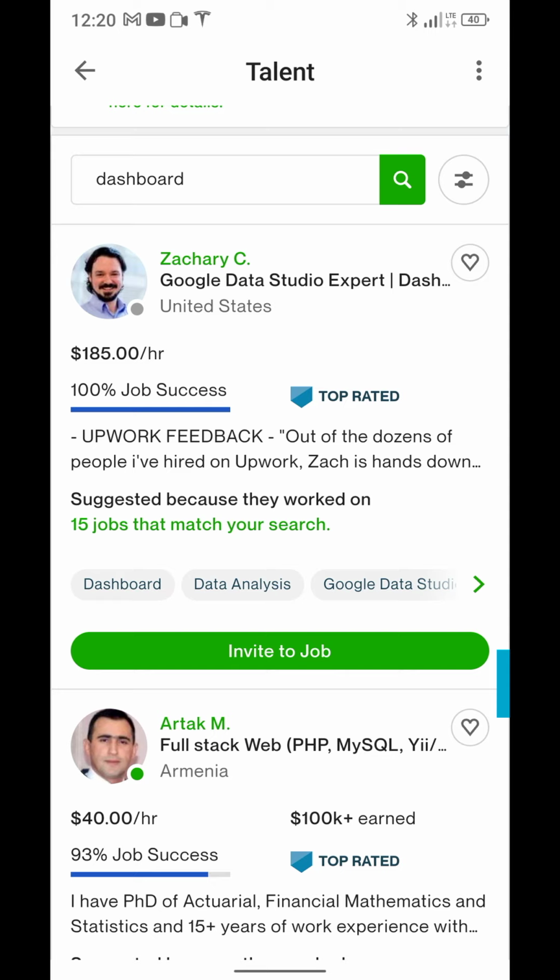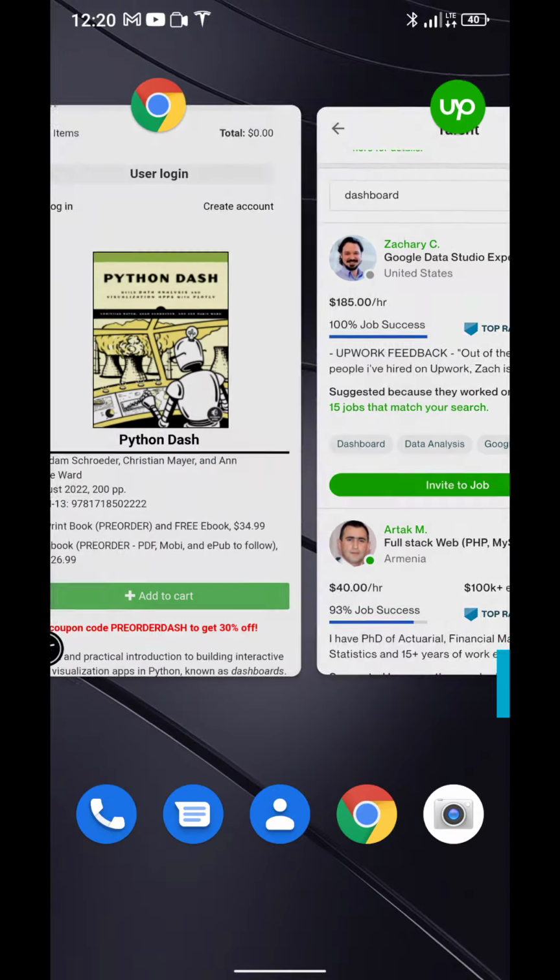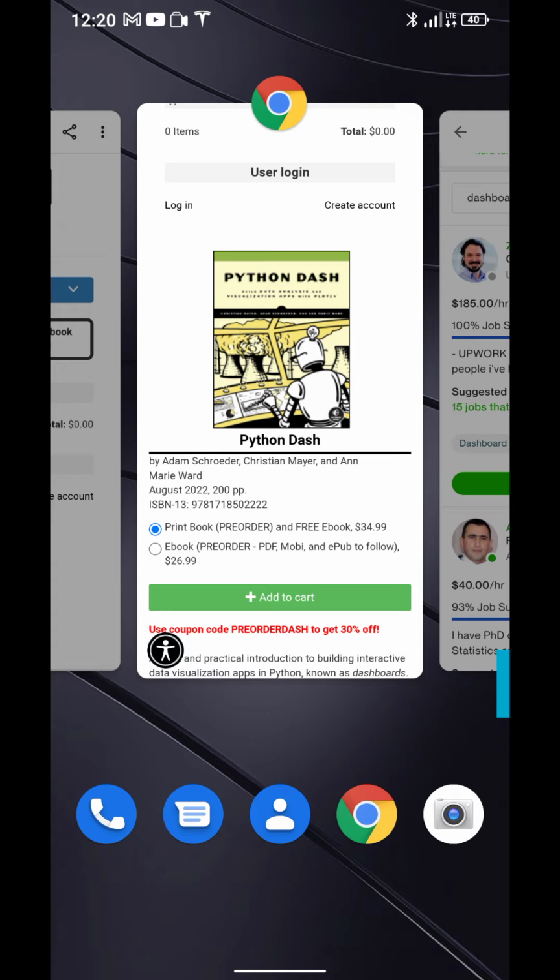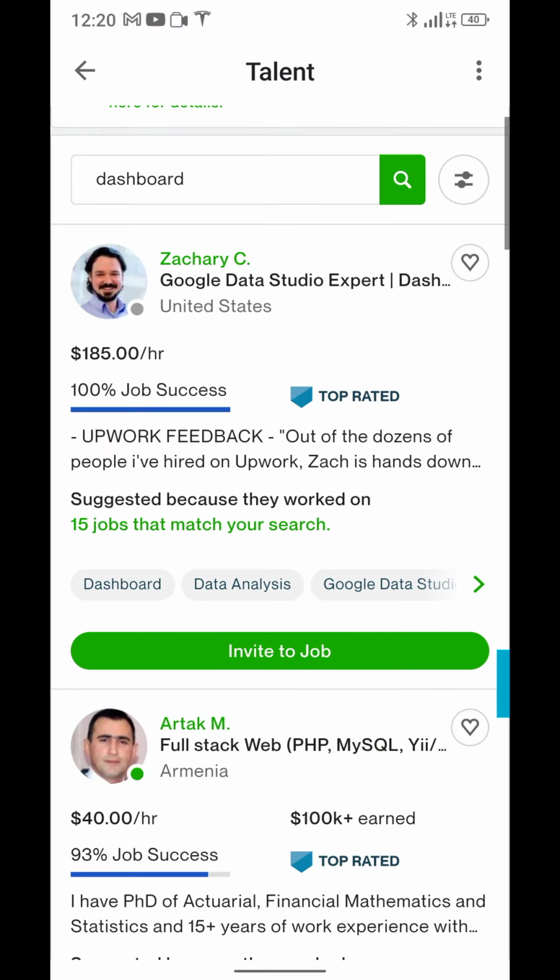All businesses these days have dashboards to supervise and control their operations, and that's why, as a developer, being able to create those dashboards using third-party tools such as Python Dash, which we present in our new book, or tools such as Google Data Studio, is valuable. If you focus on one tool or learn a couple of tools, you can create massive value for your customers, and you will get paid